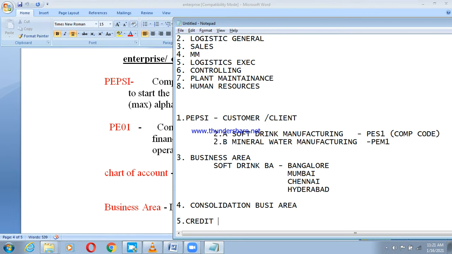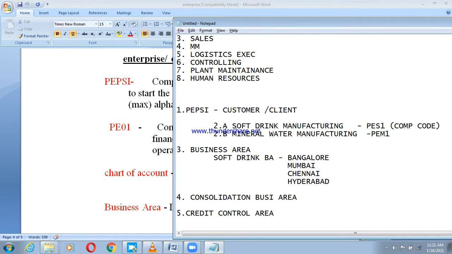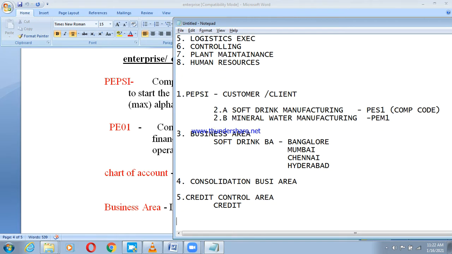credit control area. So what is credit control area? Credit control area means our business runs on credit, right? Credit means we need to give credit to my customer. On my sales, I cannot restrict them to pay within 1 day or within 2 days. The business will not happen like that. So we need to give credit to my customer, right? So if I am giving the credit, I need to control my credit, right? So for that purpose, I need to maintain credit control area. Then